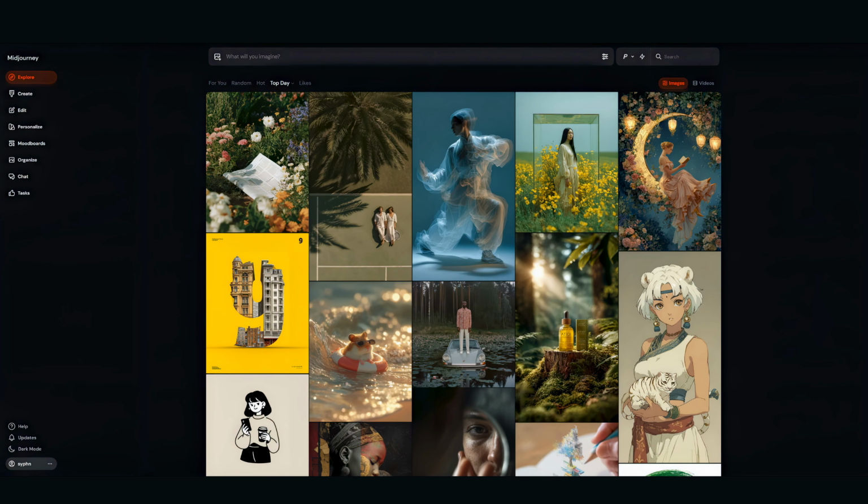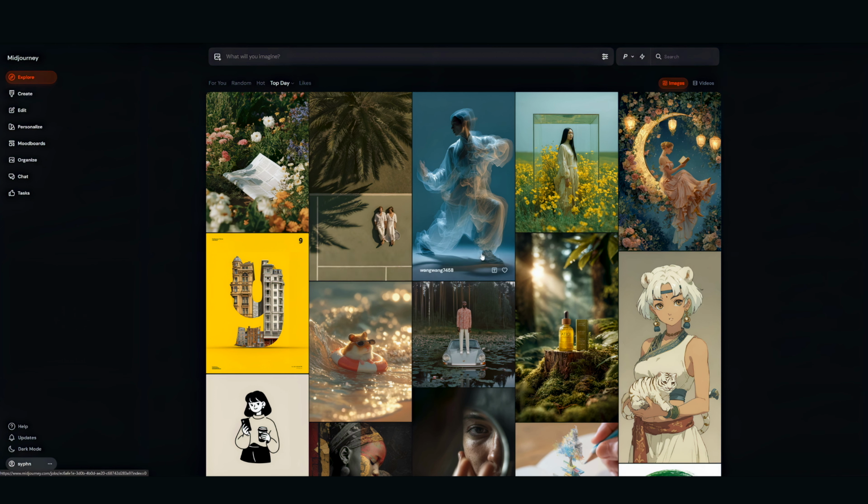All right, hope you guys enjoyed that video. Let's get into how to use Midjourney and exactly how I used it to create elements of that video. Now, this is a Midjourney web application, and typically what I do is I go straight into the Explore or Create feature. I'm going to go over each one of these.